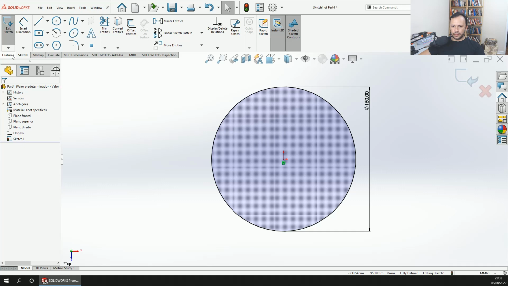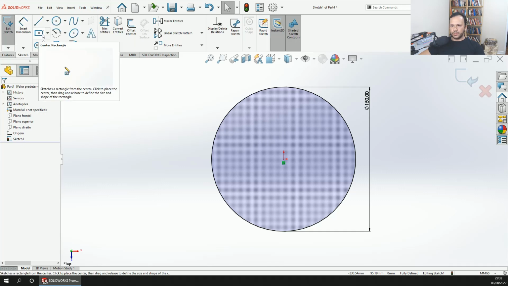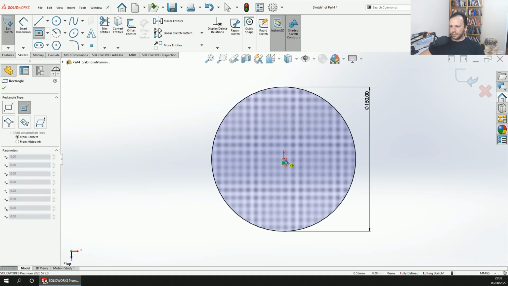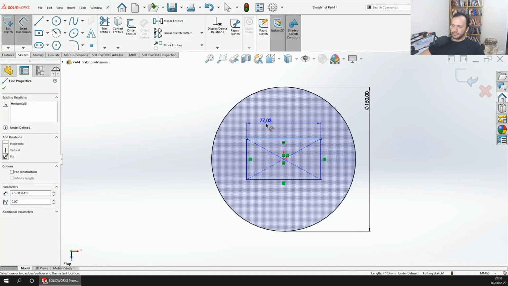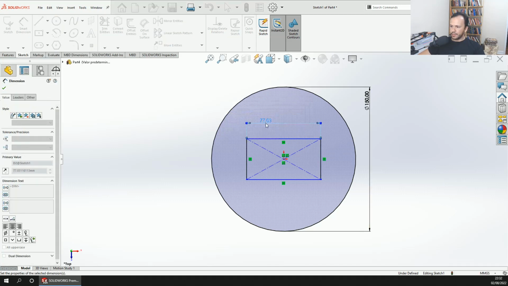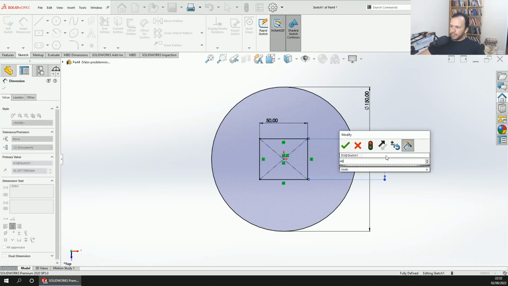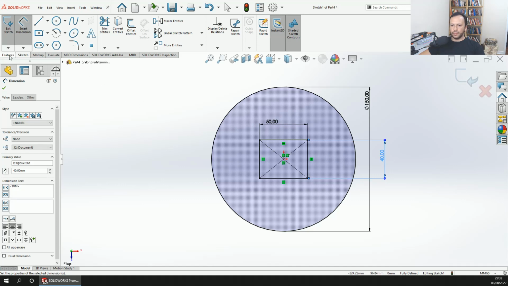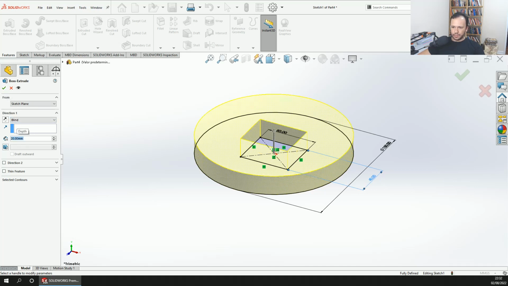Now go to the Features. Let's put one other thing right here: Center Rectangle, Smart Dimension. Okay, now go to Features and go to Extruded Boss/Base. Okay, leave it blind here and put another dimension,